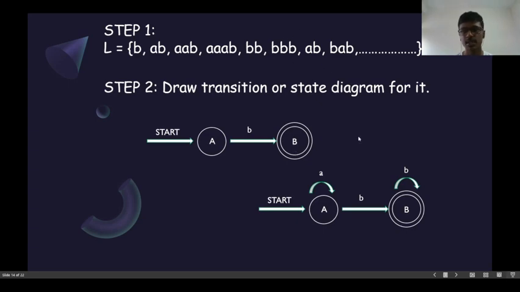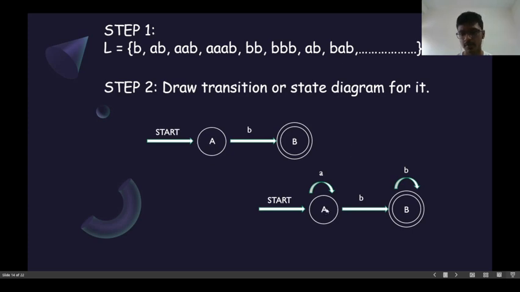Let's see what happens when it comes to bbb. With the first b it goes from A to B, then with the second b it stays in B, and when it gets the third b it remains in the end state itself. Then when it comes to ab, it will be a and then b. When it comes to bab,